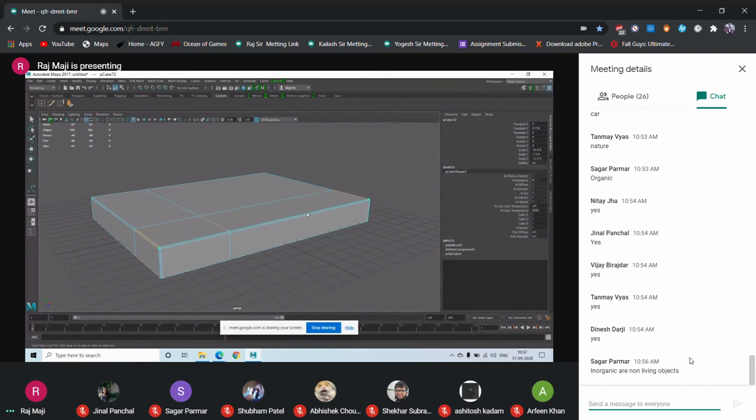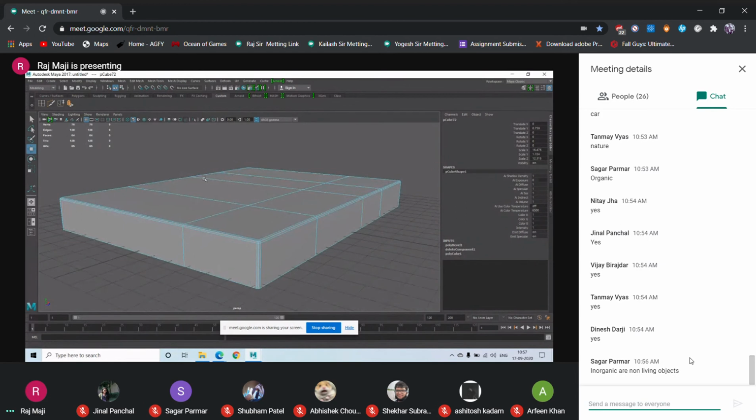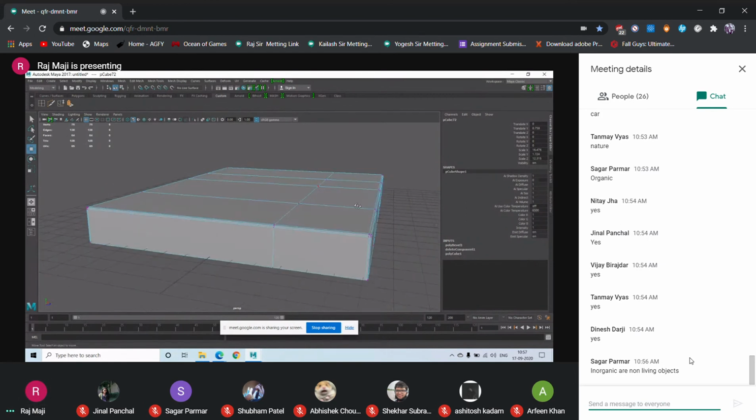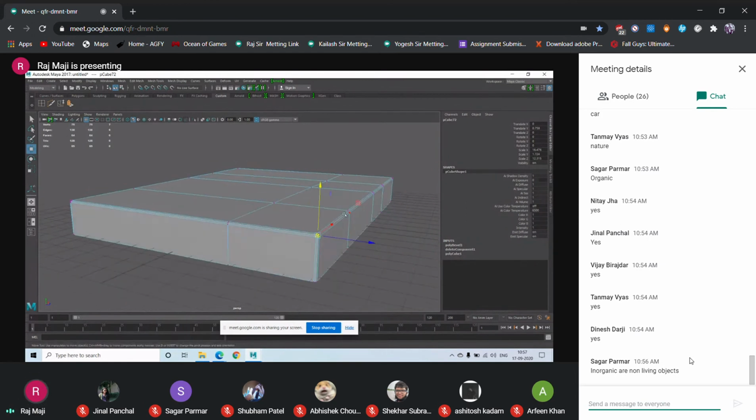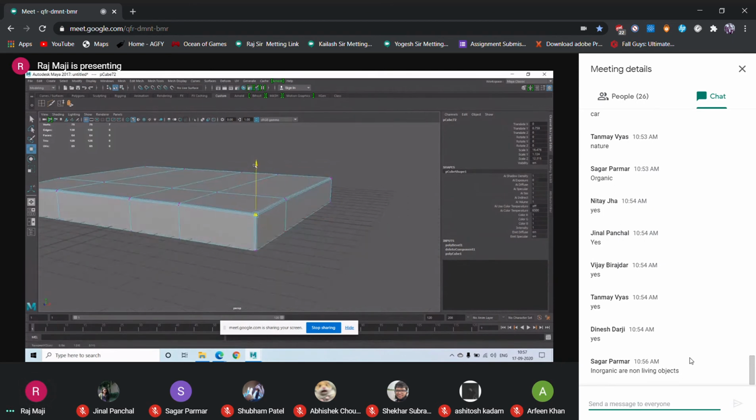Randomly, I'm giving some loops randomly, without any planning. And now my job will be just selecting this part, putting it a little bit downward, this part also, and that is also uneven.